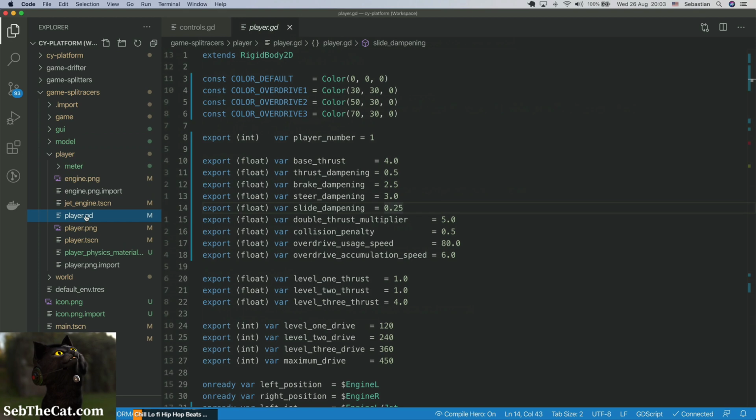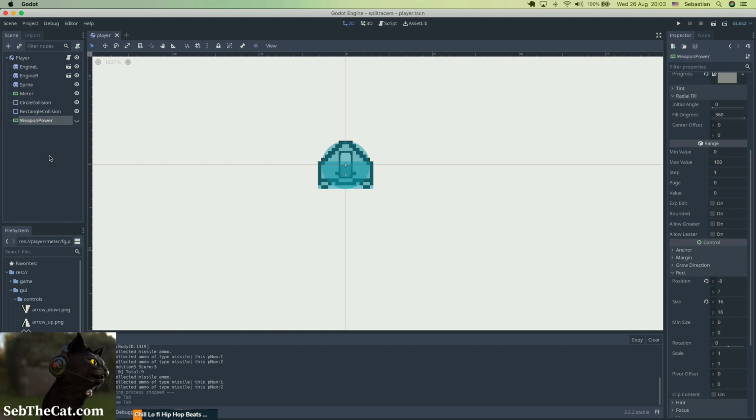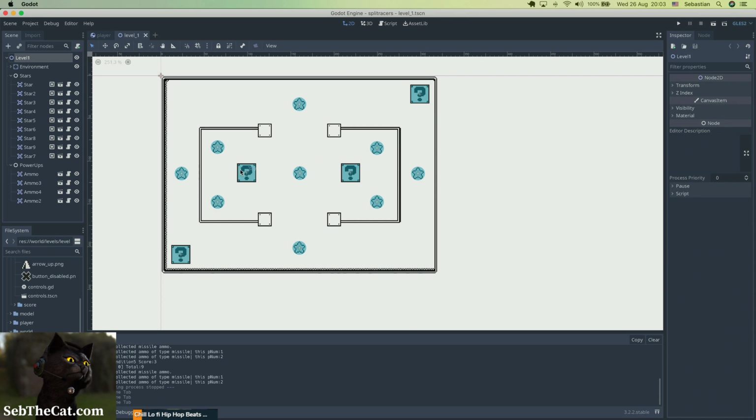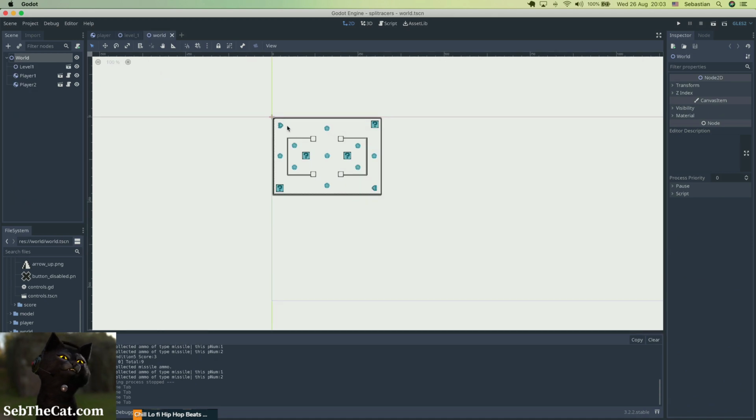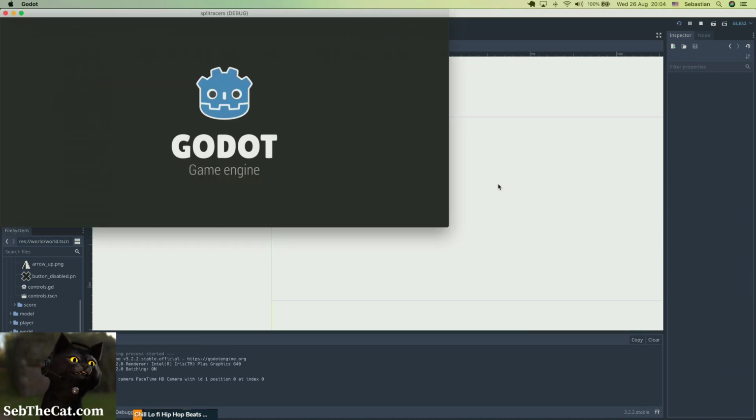Interesting. So our player has a player number. Both players... So I guess that's something to do with the level setup? No, the world setup. Okay, so this player has its player number of 1. Jesus, how has that worked for so long then? Interesting. Wow, that's really interesting. Okay, so now...